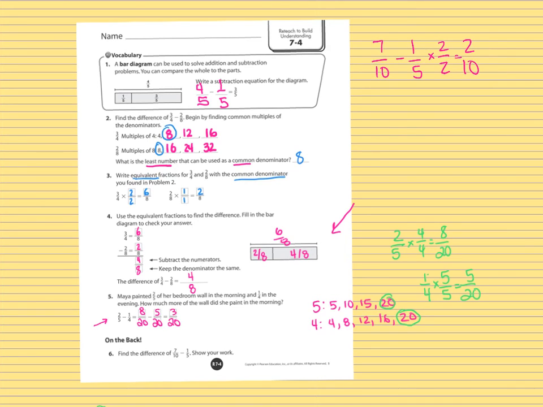Okay, and so I know that I'm going to be subtracting these two numbers. So I'm going to say 7/10 minus 2/10 equals 5/10. And I know that 10 and 5 share that multiple, and so I'm going to divide by 5 on the top and divide by 5 on the bottom. And that's going to give me 1/2,